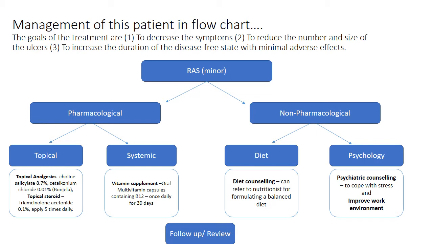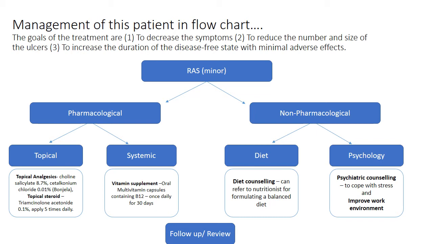So we have a pharmacological component where our aim is to achieve symptomatic relief for the patient. That can be achieved with topical analgesics. So we use something like choline salicylate and cetalkonium chloride, which is very commonly available. We can also use topical lignocaine. And one thing I would recommend,